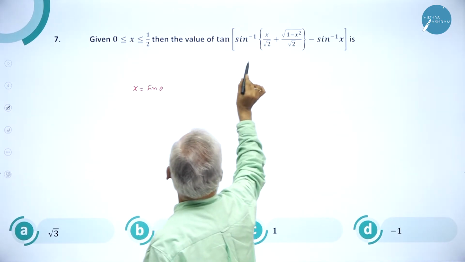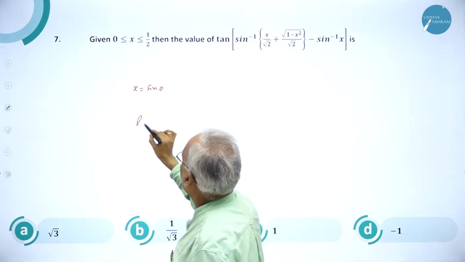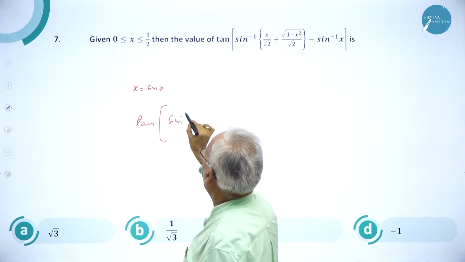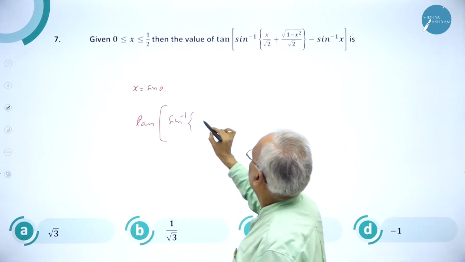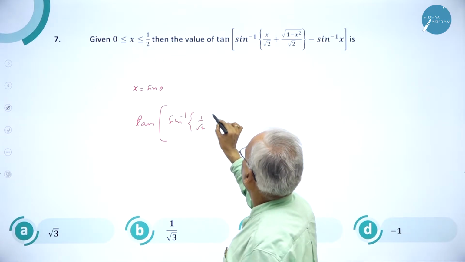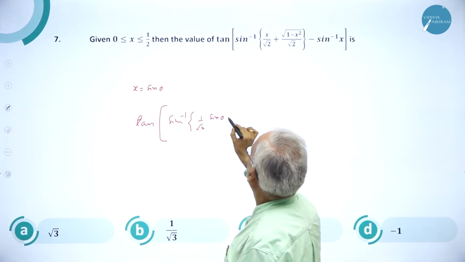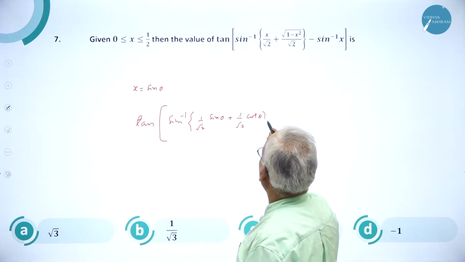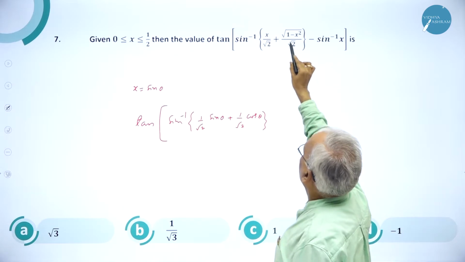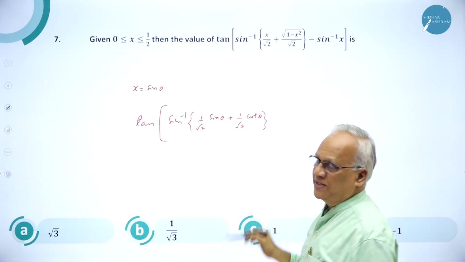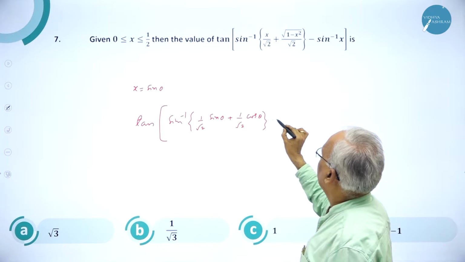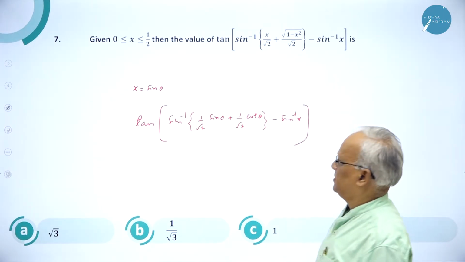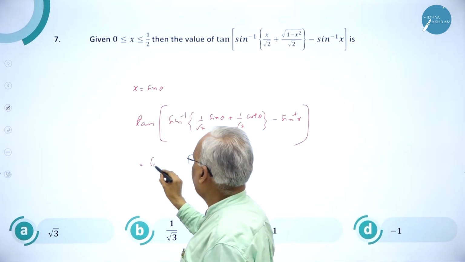Then that expression becomes tan of sine inverse of 1 by root 2 into sine theta plus 1 by root 2 into cos theta. I need not write that completely because you know 1 minus sine squared is cos squared, root of cos squared is cos theta, minus sine inverse x as it is. You can write this as it is, which is equal to tan of